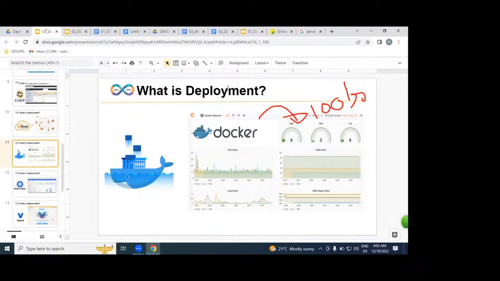What is a Docker? Docker is an isolated area which is specifically for deploying our application. That is a definition. But in simple words, it is an easy way for deploying our websites. From a definition point of view, Docker is an isolated area which is specifically for deploying our applications. Understood very clearly? Example.